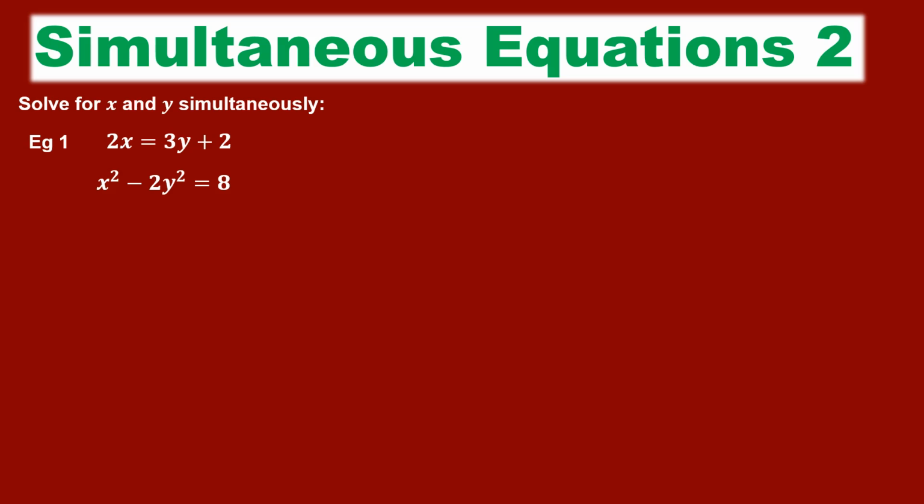So today we're going to look at another simultaneous equation. This time we've got 2x is equal to 3y plus 2, and we've got x squared minus 2y squared is equal to 8. Now what will make this question a little bit more difficult is you'll notice in equation 1,